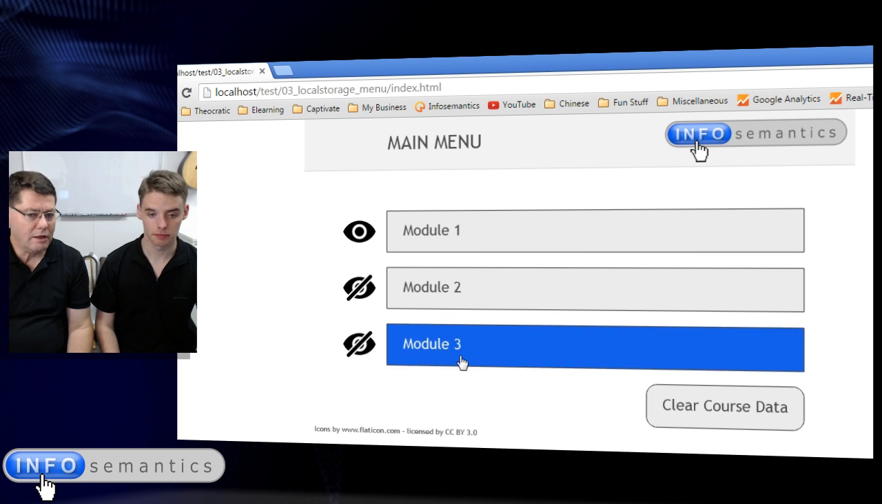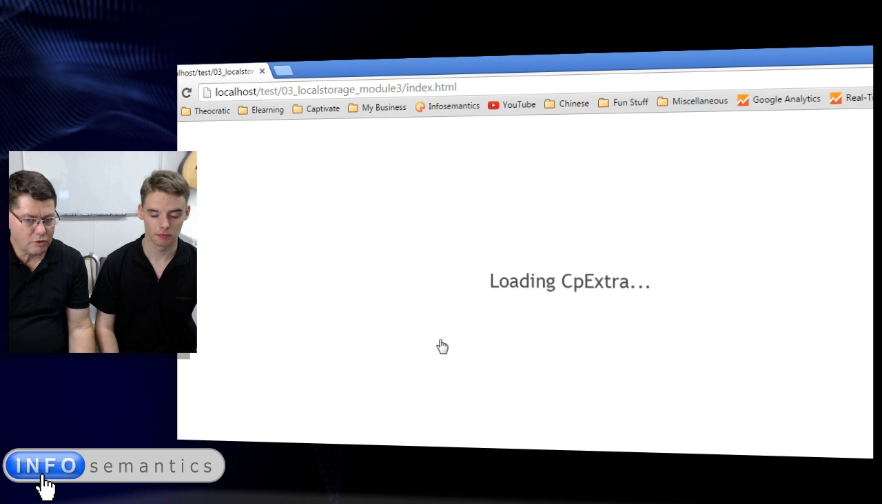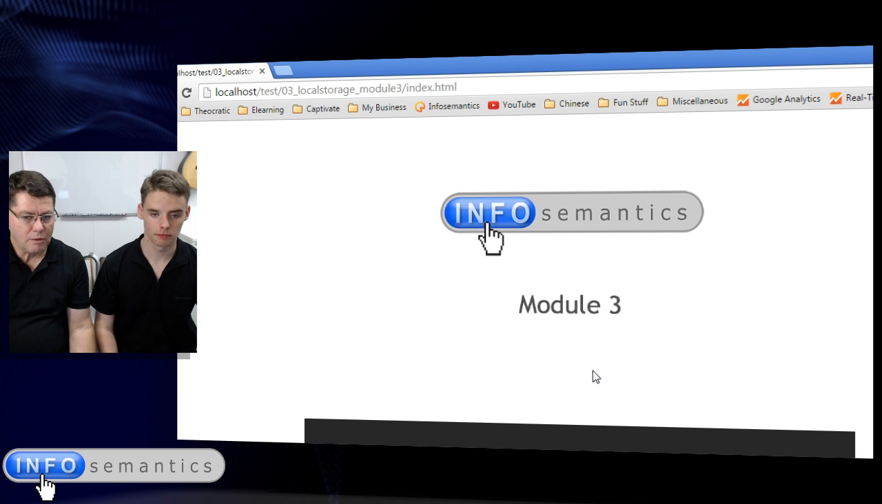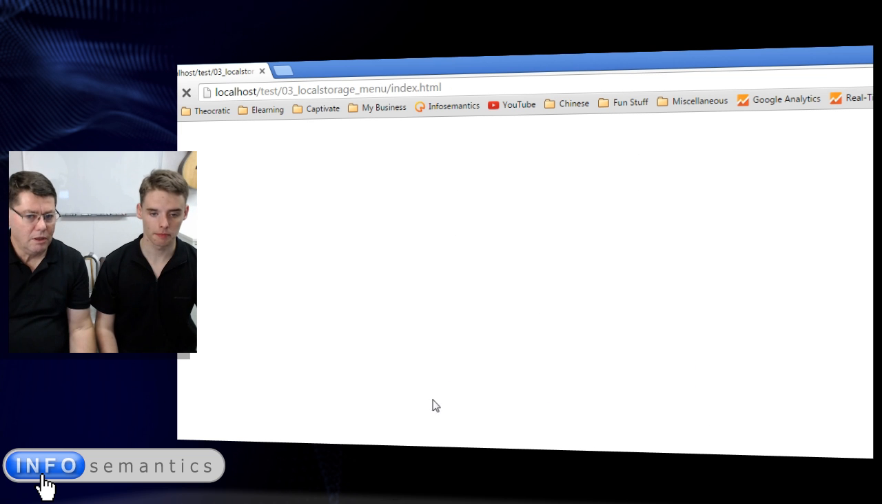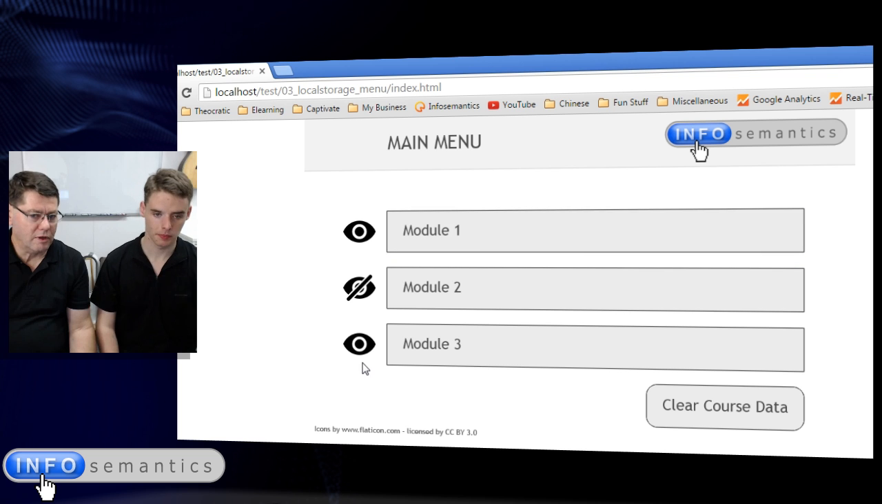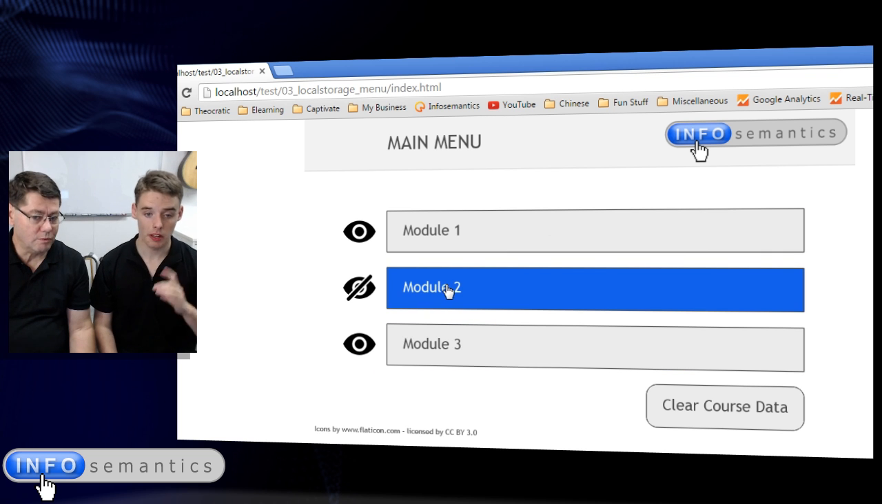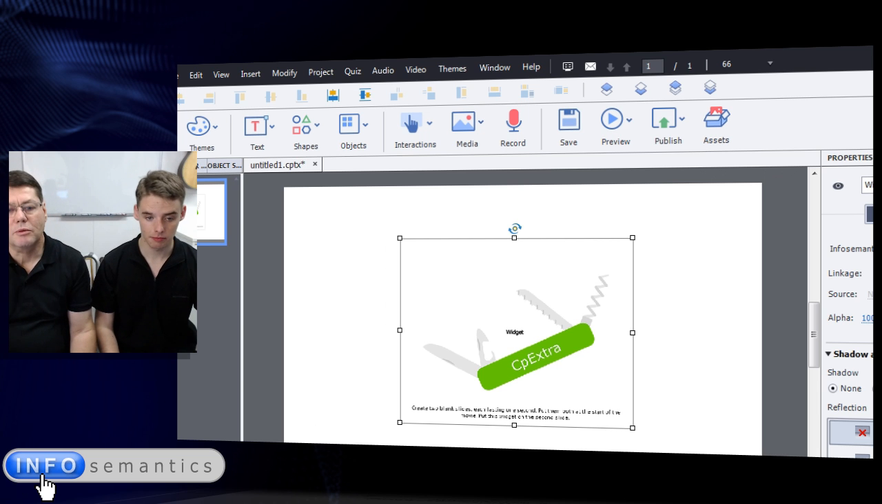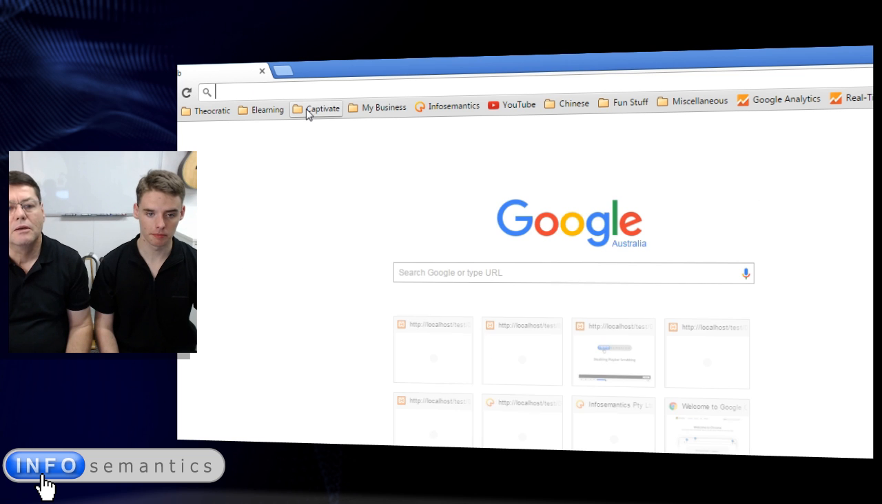So I don't have to go through these in order. I could jump to module 3 and then jump back to the main menu. That's now once again showing that I've visited module 1 and module 3, but not module 2. And if you really want to see something cool, close down the browser. If I shut the browser down completely and then open it back up again, and go back to that particular example,